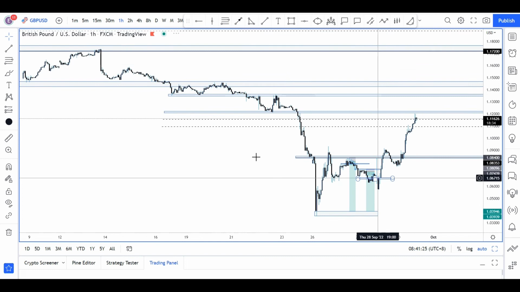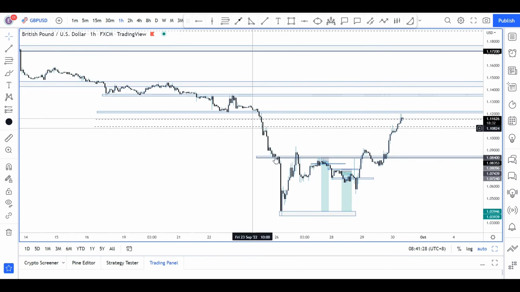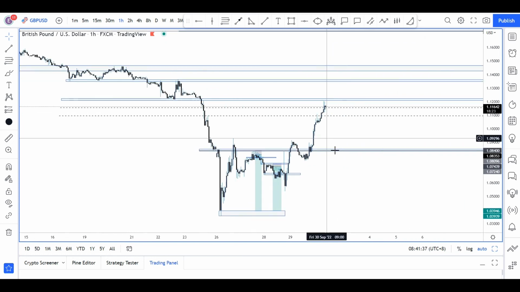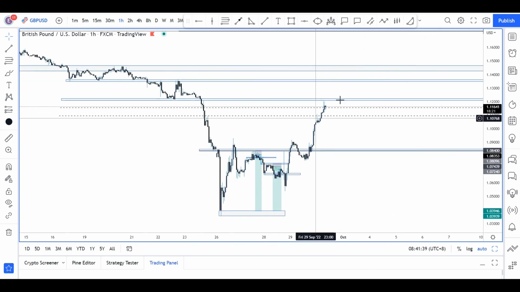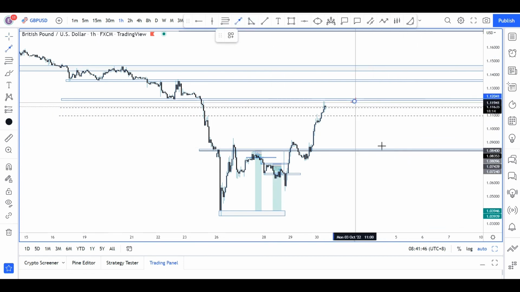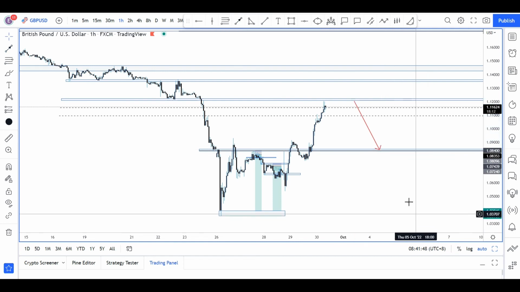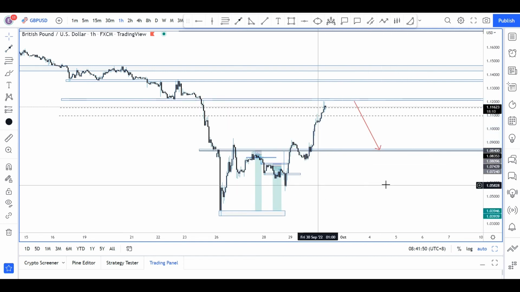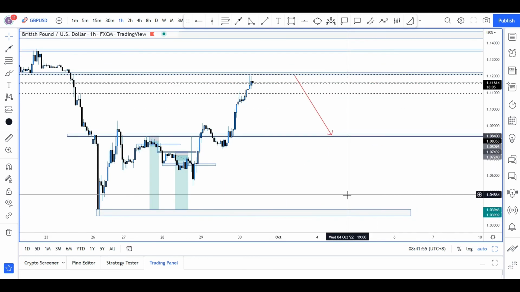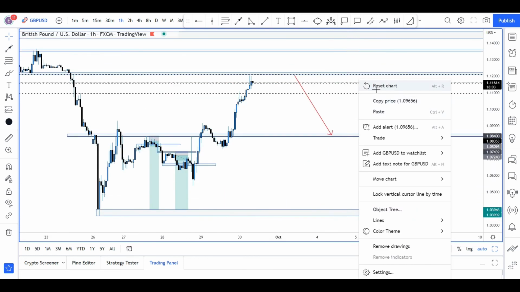So for now, if you remember on Wednesday, I anticipated that when market opened, price would retest this region before we have that push to the downside. This might be it. So I'm looking for structures here right now. This is the Asian session, so I'll be waiting for the London session to see what happens around this region. We might continue to the downside, but I might anticipate price to actually retest this region at the minimum, and then going forward, there's a probability we might still retest the regions here and see what happens.